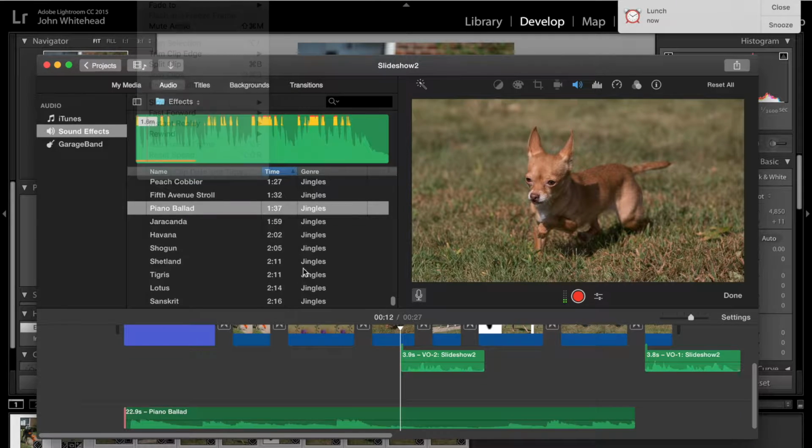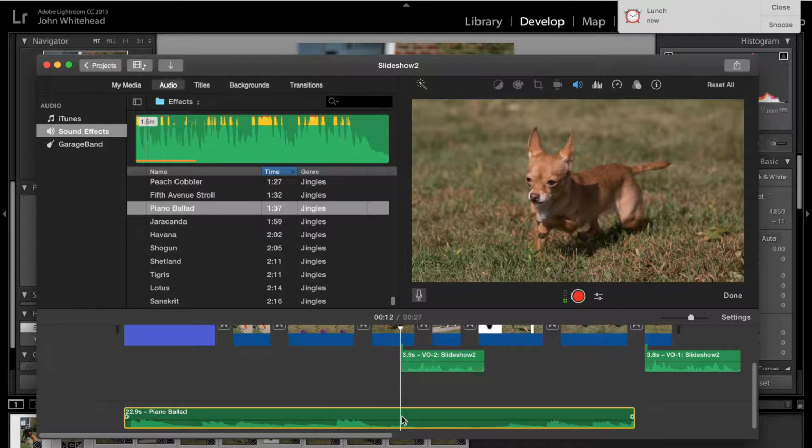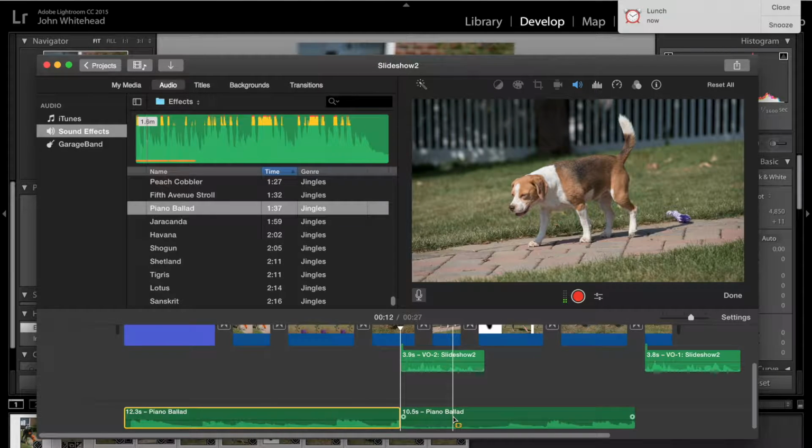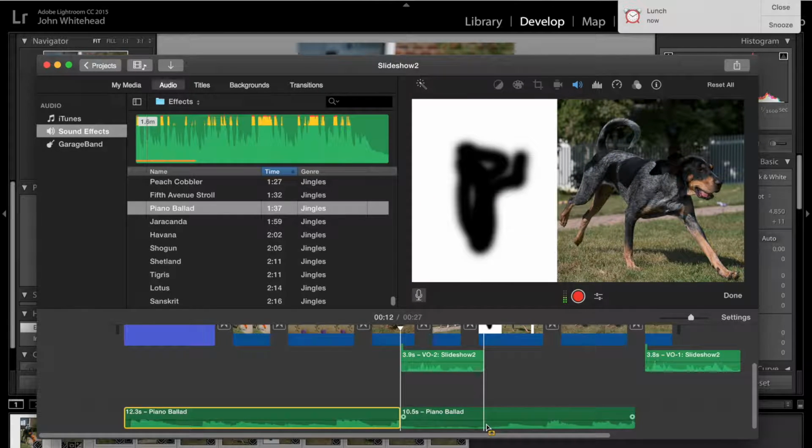Split clip, which is B. So I'll come here, and the audio is selected. I'm going to hit Command B, and it's going to select it, and then I'm going to go over to the edge. I'm looking at this edge here. It will snap. Right, same thing. Command B,